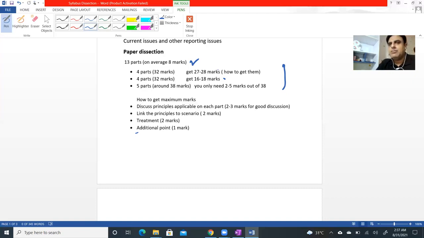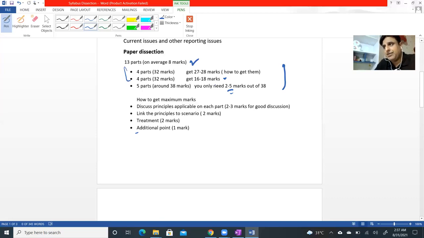I'm not saying that you will be able to completely or accurately solve these 4 parts, but definitely if you have above average preparation, you should get at least 16 to 18 marks. So if you solve these 8 parts out of a 64 marks paper, you will be able to get at least 43 to 45 or 46 marks. So now you need to take only 2 to 6 marks out of the 38 remaining